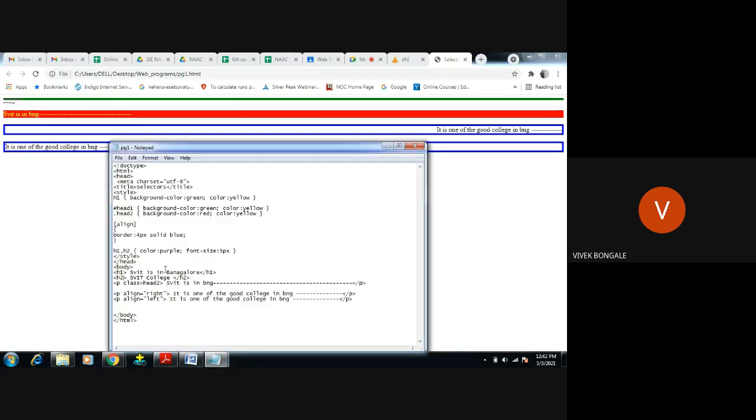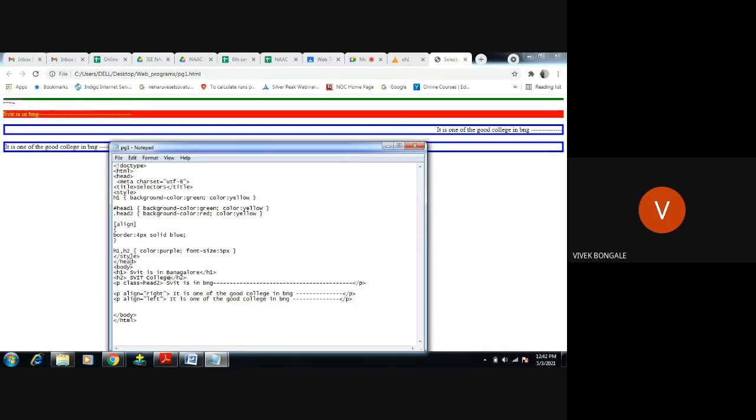Now where is it? Okay, so h1, SVIT is in Bangalore. No, it is not affecting. Why?